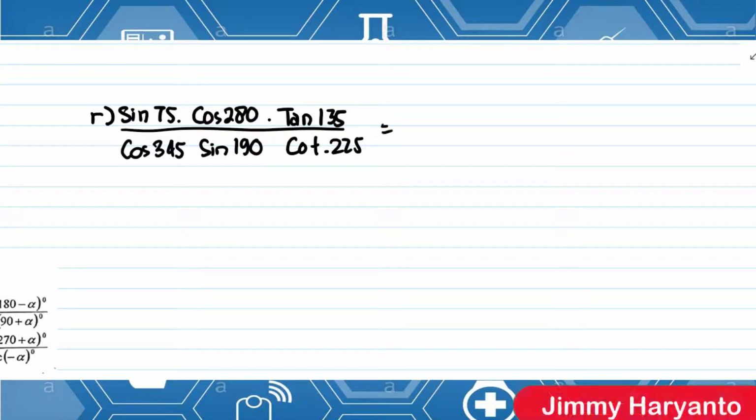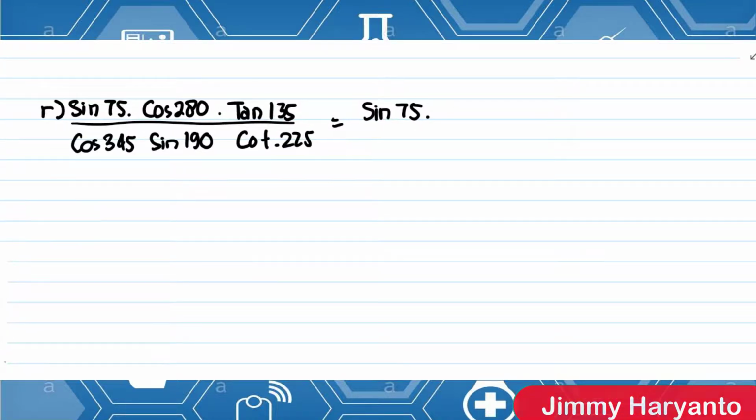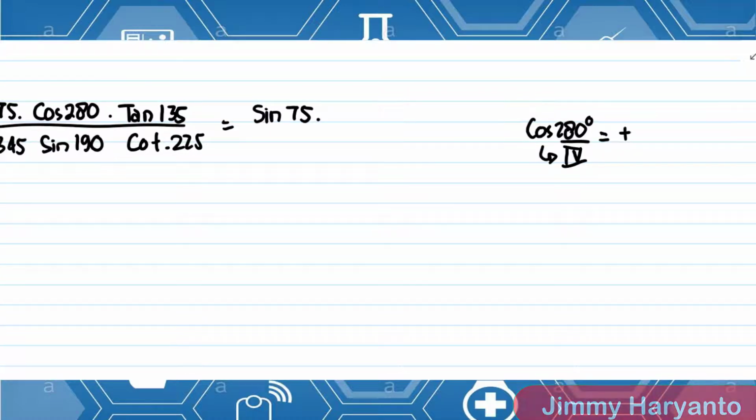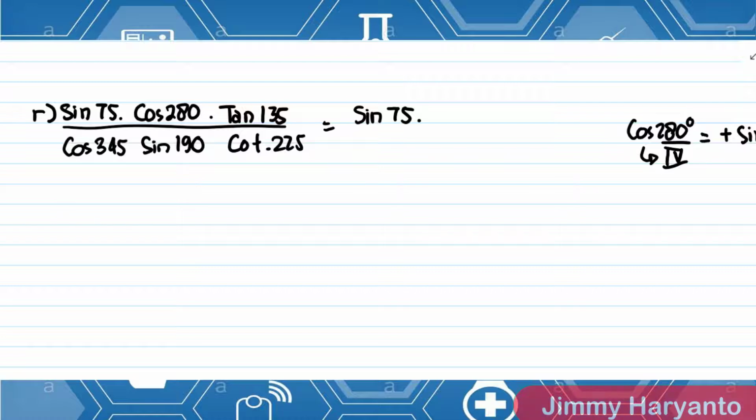Okay, for R, I will leave the sine 75 like that, so it will be sine 75 times cos. I will make it smaller using 270. If you use 270, sorry, I will calculate it first. 270, this one is quadrant 4. Cos in quadrant 4 will be positive, the cos will be changed into sine, and then 280 minus 270 equals to 10. So it will be positive sine 10, and then tan 135 is negative 1 over